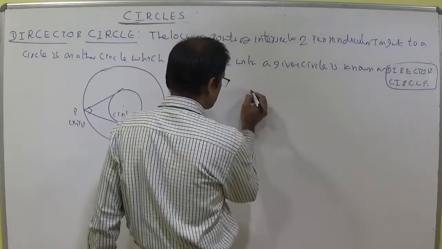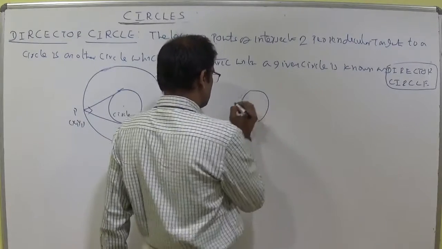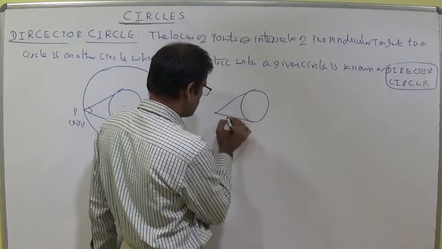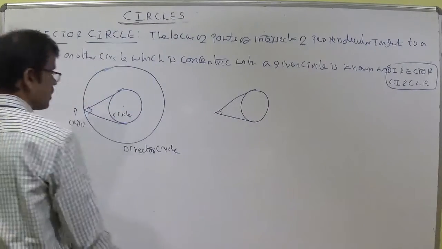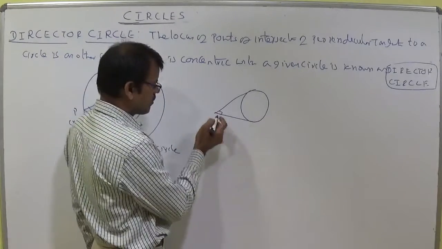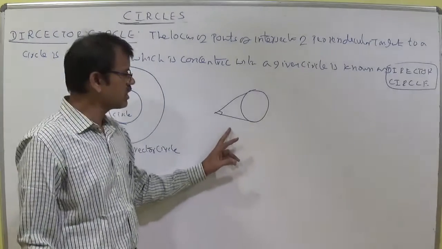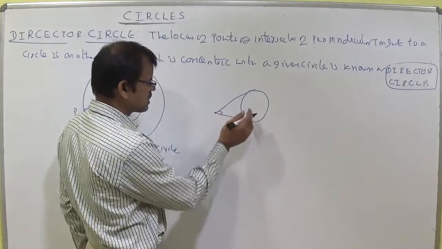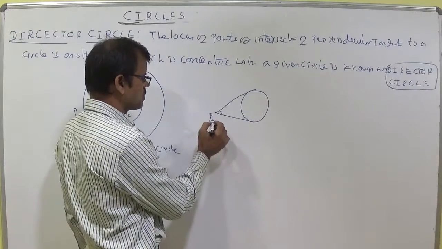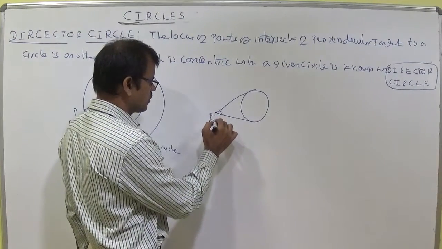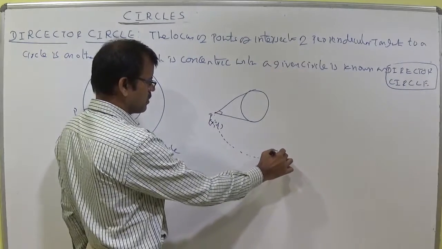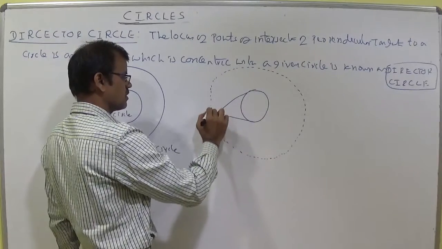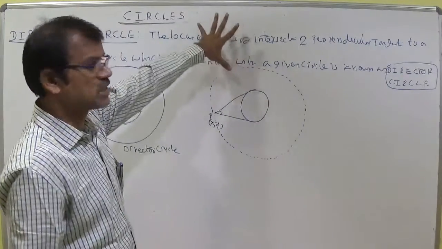If the tangents are perpendicular, of course, maybe you take this is a perpendicular tangent. Like that, from an external point, any external point you can take, you will be getting two tangents like that. This is a point of intersection. The tangents intersect at a point P, x1 comma y1. Like that. The locus of points of intersection of perpendicular tangents, this is the locus. Such a locus is called a director circle.